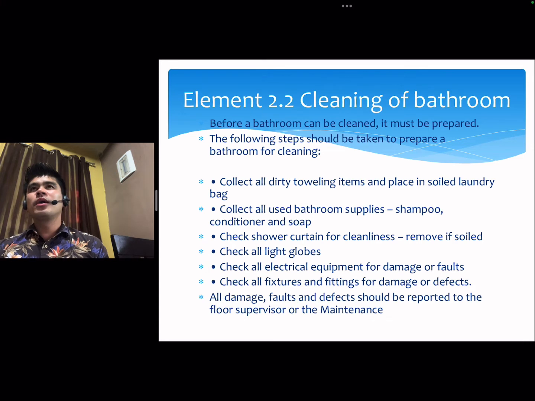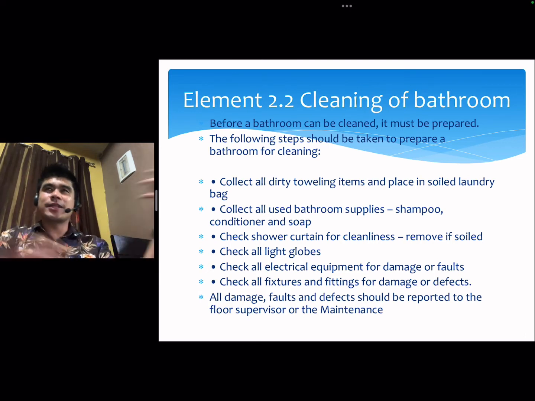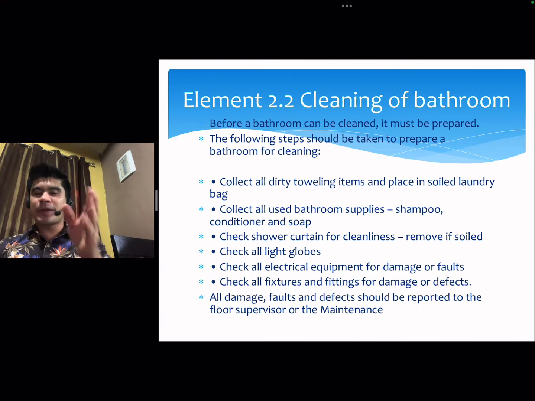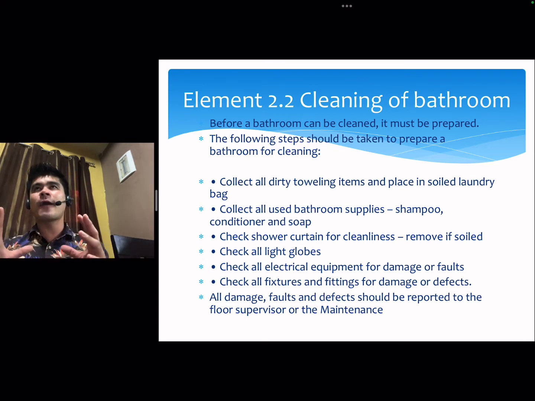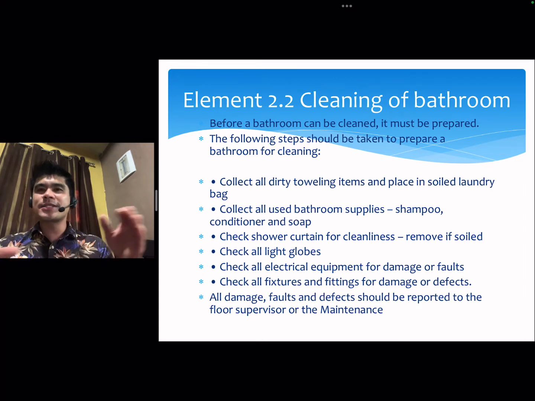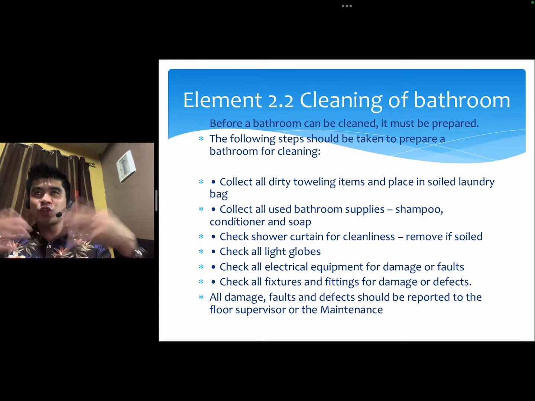Gagawin mo, kokolektahin muna ang mga soiled towels, yung mga nagamit na lahat. And even if na yung mga hindi nagamit, especially right now may pandemic, you're supposed to get it. Pagka natanggal na lahat yung mga used towels, that's the time for you to clean the surfaces,